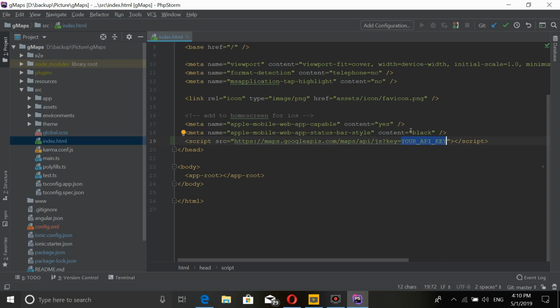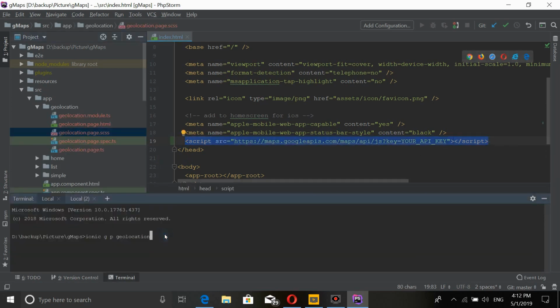This is my project. I have already created one. You need to import your Google Map script into your index.html file. Don't forget, please use your own API key. I didn't share any API key because all the API keys are paid now, so I want to give my API key for demo purposes only. Just go to the Google Map console website and create your API key. Don't forget to import this map script into your index.html file.